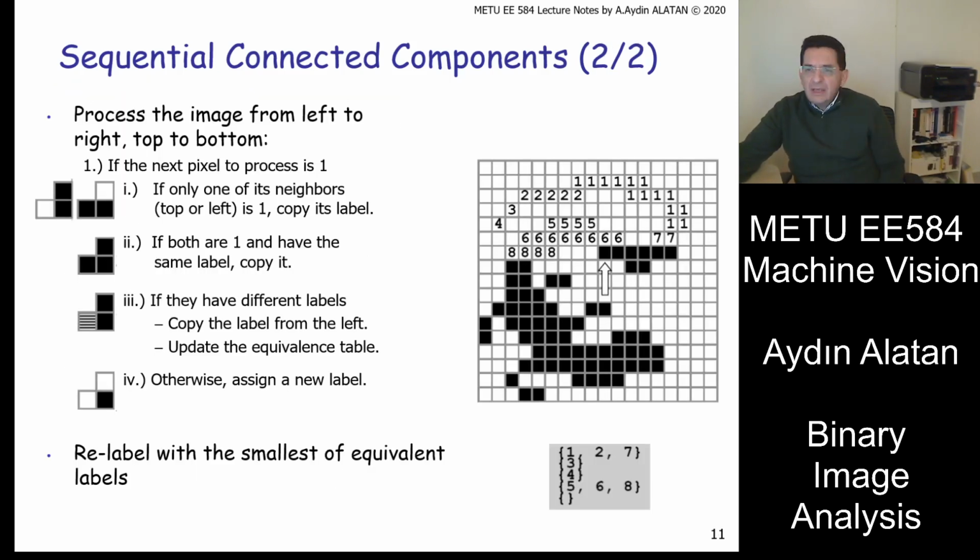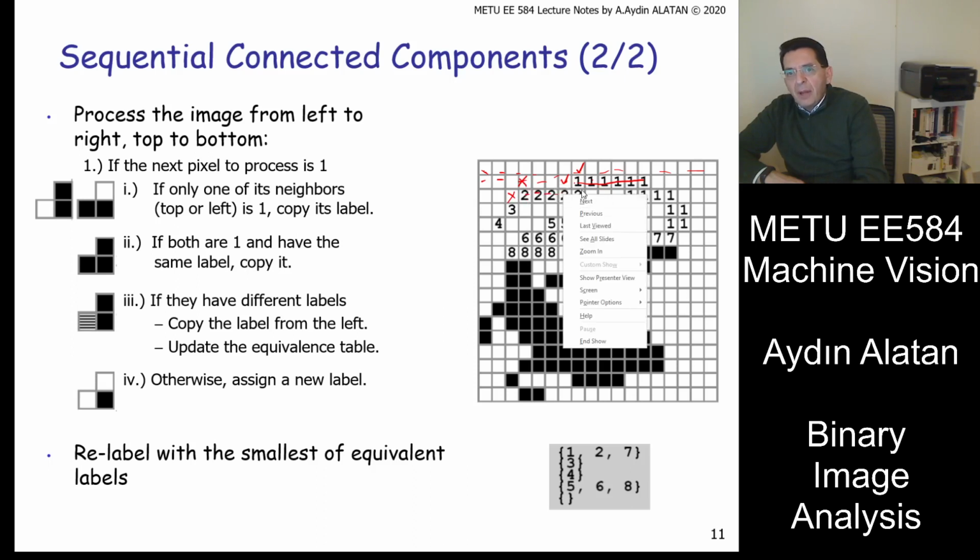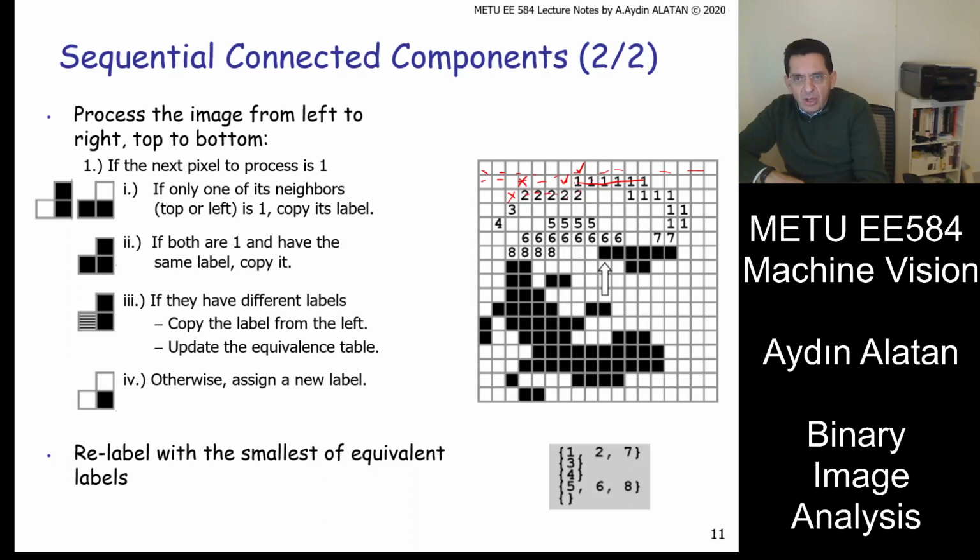Okay, therefore, the idea is very simple. For example, you start here, you go like this. You come here, there's a first foreground object. This is empty, this is empty. Give the name 1. The next one is obviously 1. Previous west neighbor is 1. It continues like this, 1, 1, 1, 1, 1. Then you continue like this. You reach here, you will give the name 2 because this is empty, it will be 2, 2, 2, 2, 2. But once you come here,